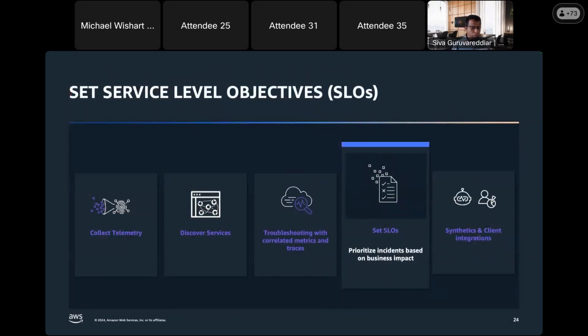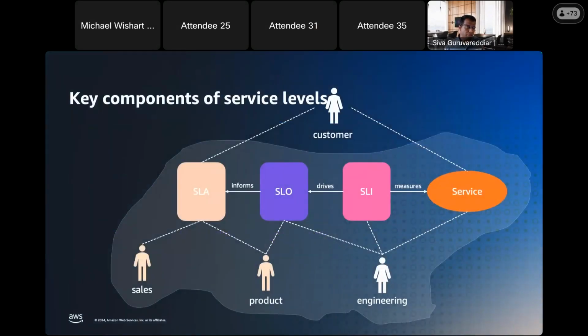And then the fourth and important point is I wanted to set some SLOs, or service level objectives. How can I do that? To put everybody on the same page, I just wanted to take a moment and talk about the difference between SLI, SLO, and SLA. When your services are running, they are emitting some metrics. That's when we can set some SLI, or service level indicators, which say my request count could be more than 200 or something, so it is able to withstand that. That we call an SLI.